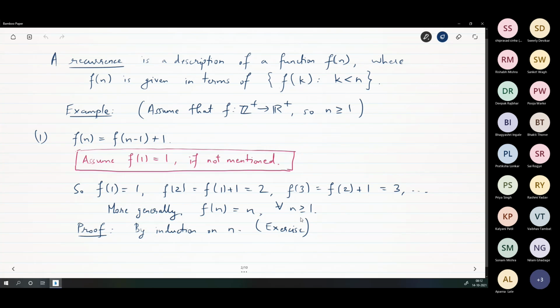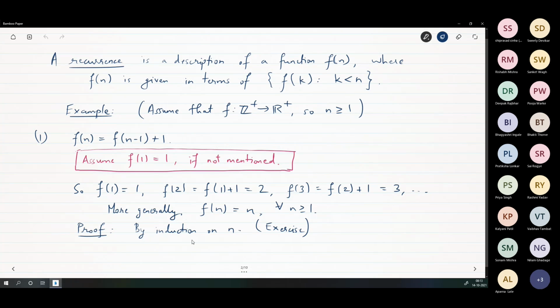Is this much clear, everybody? Yes, sir. Okay. So, but now here's the important point. This is a guess that f of n is equal to n, depending on the initial values. Okay, we have not proven this. How do we prove this? To prove this, we can use induction. Since it is a recurrence, induction will be very, very easy to apply.